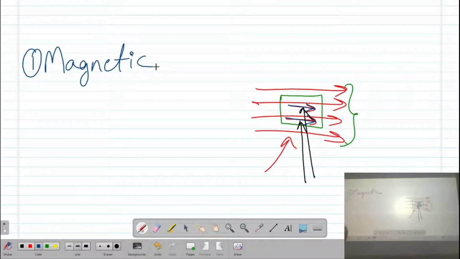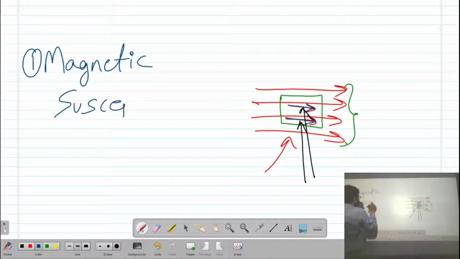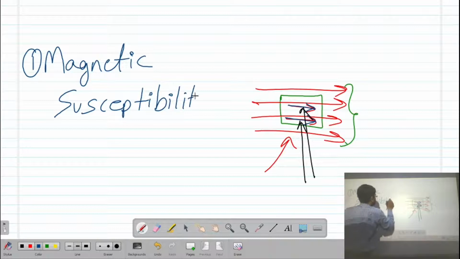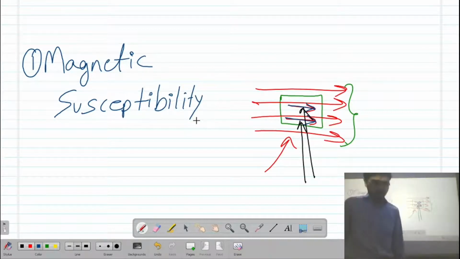This is all something you might have studied in BSc, but we are just going through a small revision before going to ferromagnetism and antiferromagnetism. Our new topic for MSc will be ferromagnetism, but this is a small revision before that.